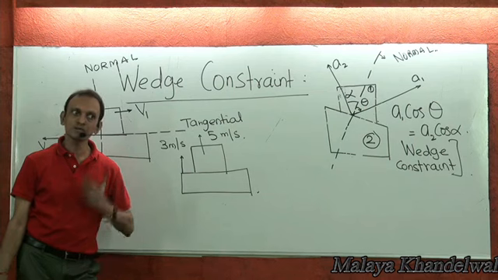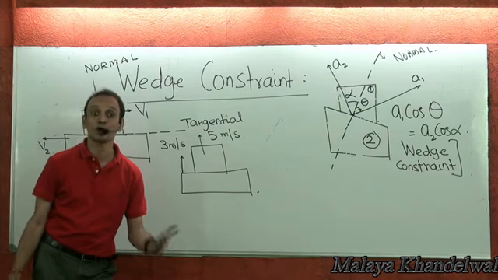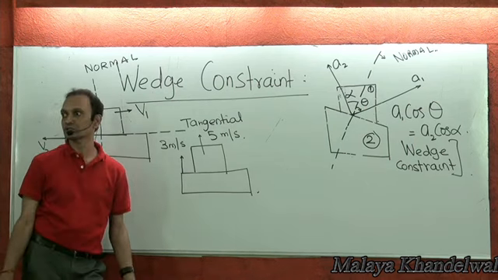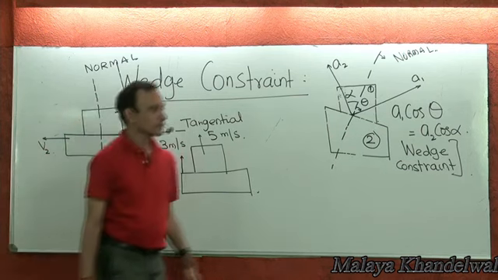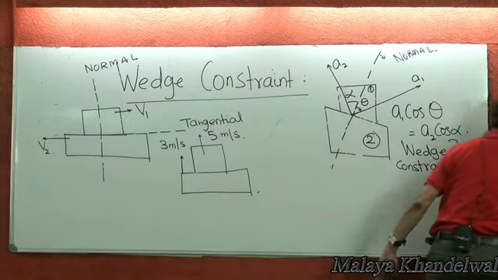Along the common normal, they must have the same velocities. Along the common normal, they must have the same accelerations in order that they could maintain contact. Clear? Say, for example,